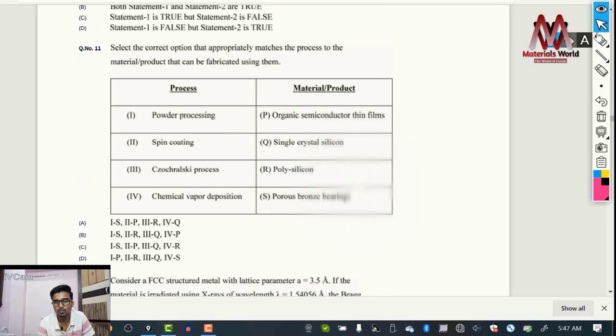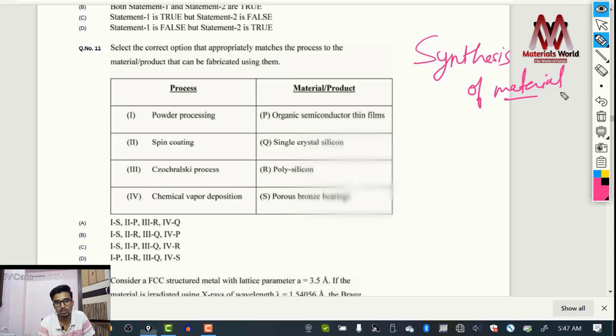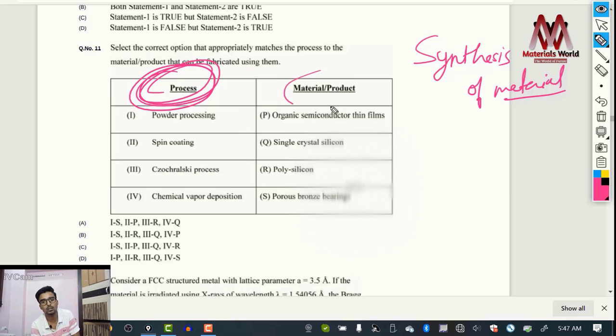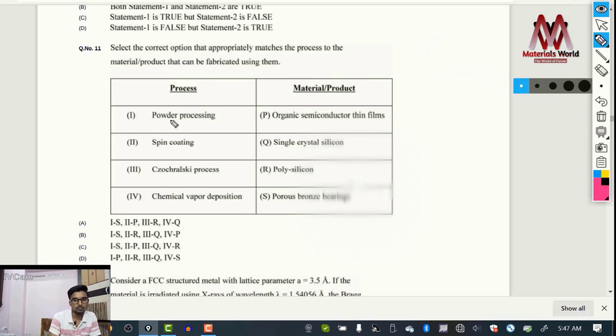The next question is from synthesis of materials. On one side it is given different processes used in synthesis of materials, and on the other side the product of materials obtained, or final product. So you can go through the processes: what is powder processing, what is spin coating, what is the Czochralski method, and what is